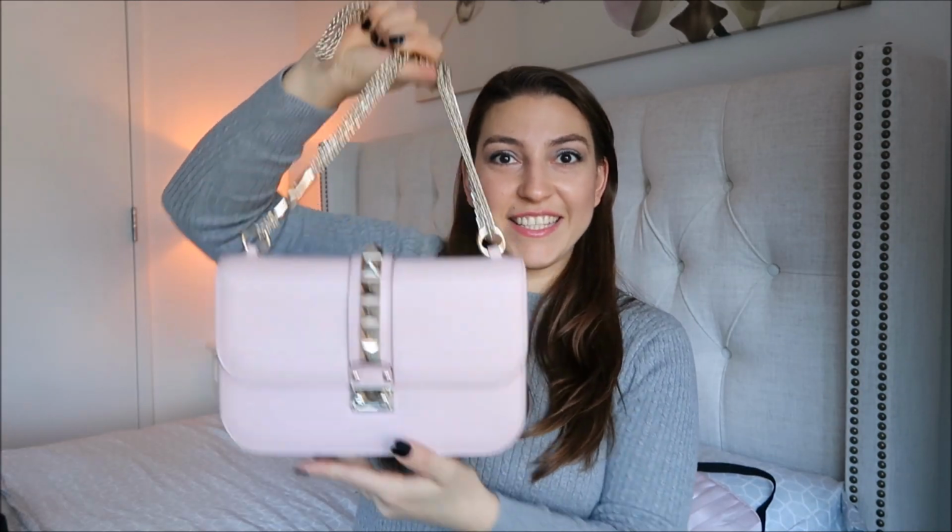Moving on. Okay, last baby that I have, there she is. It's this beautiful Valentino Locò bag in medium. I have to confess, I think one size smaller than this just looks better in terms of proportion of hardware to the bag overall. But I have to say, it's a stunning handbag. The leather on this is so supple, it's just beautiful. It's really soft,